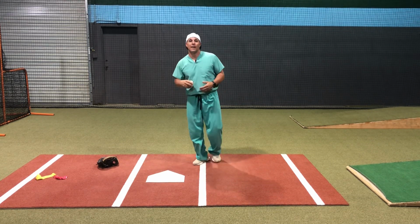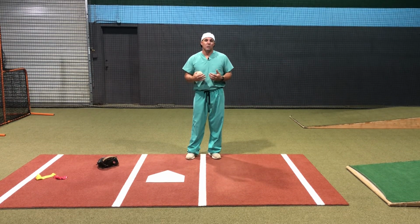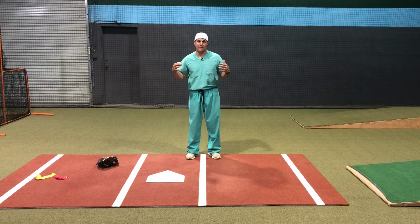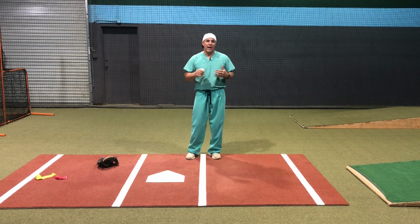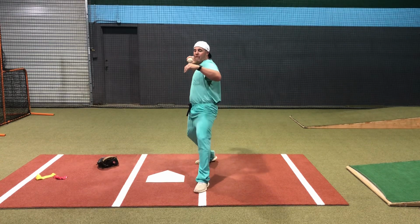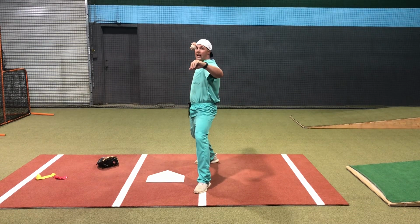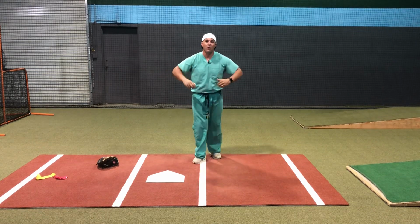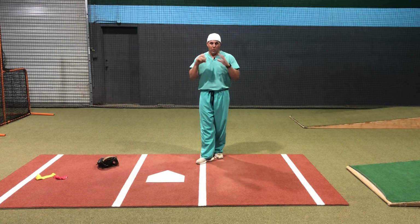And what I like to say is it's separation, synchronization, right? Two components are working together at the same time to separate. And that is very, very important, mainly because at the moment that our front foot hits the ground, our timing should be that our hand is in the throwing position that it needs to be in order to fire forward, okay? So the way we kind of work on that mentality is